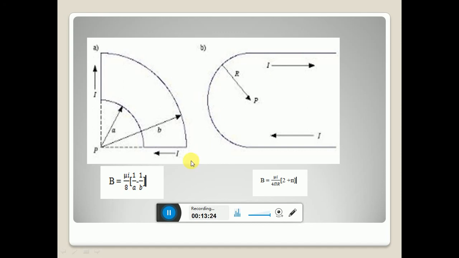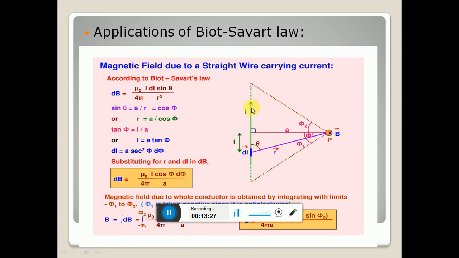Let us see the diagram first. If you see this diagram, you will get a clear idea. This is a straight current carrying conductor, and if the center of the circle coincides with one end, then phi 2 becomes 0. If this point P comes to the upper part and we assume it is the center of the circle, then phi 2 becomes 0 and phi 1 becomes 90. Similarly, if P coincides with the second end of the wire, then phi 1 becomes 0 and phi 2 becomes 90. You have to assume in that manner, then it will be easy for you to simplify that equation.